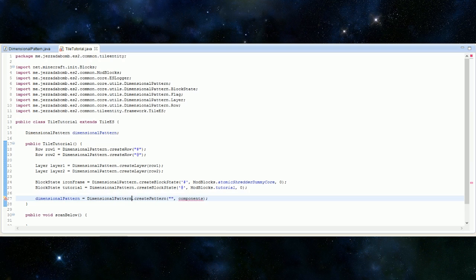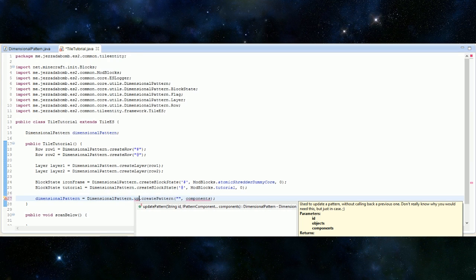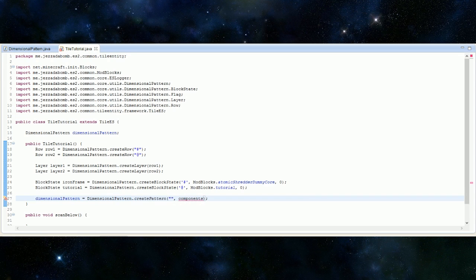However, some people might not want this, so for that I've just created an update pattern. It does the exact same as create, except it doesn't call upon it. It does store it though, so keep that in mind. So we just want to call this pillar, although technically we probably should make it camel case. Okay, so we want to pass in the component, so we want to pass in layer 1, and of course because it's 3 layers,